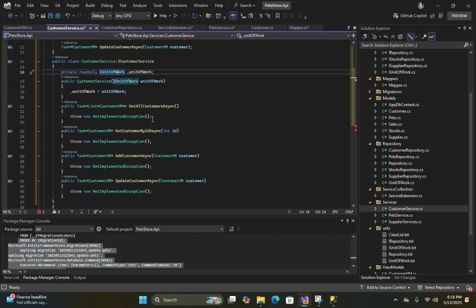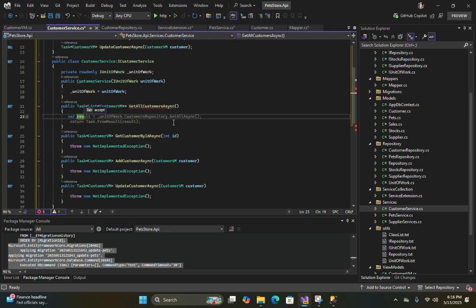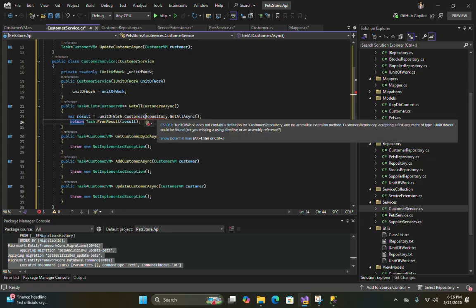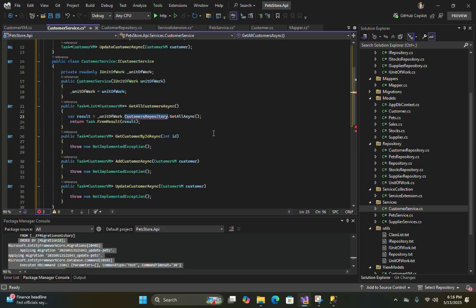Okay, now we will get the customer, right? So let's collect it here. Result. Okay, get all customer. It's the customer repository, not the get all, I think. Let's say get all. So await it, right?